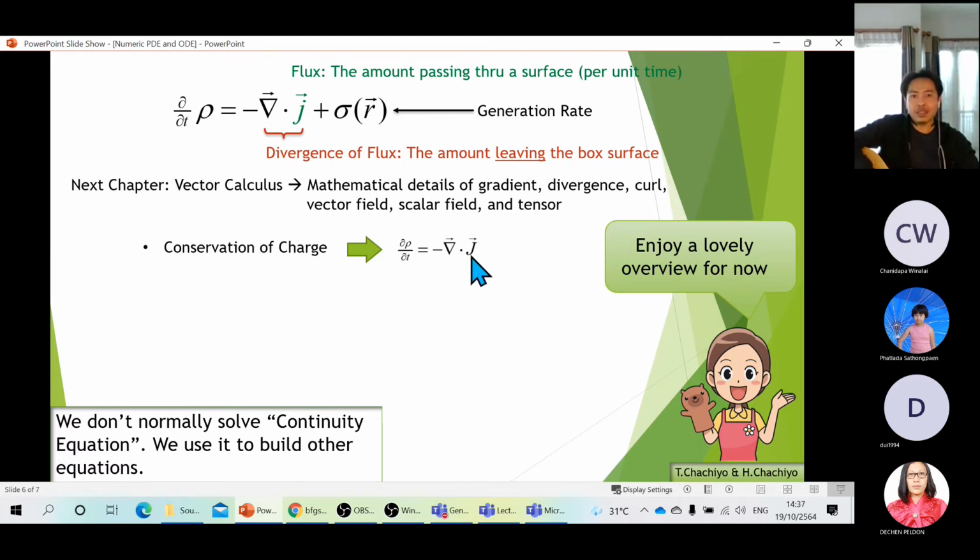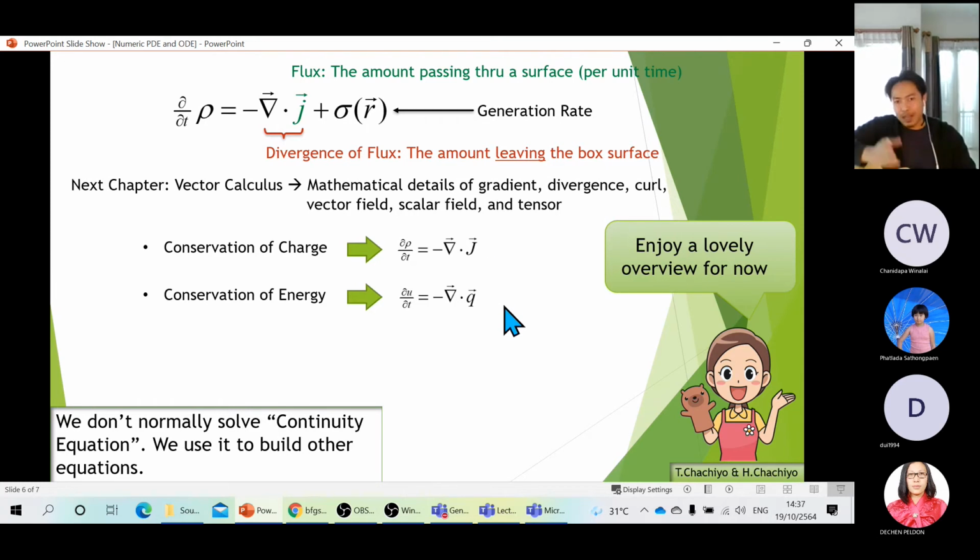Now J in this case is the current density of the charge as it flows inside the wire, for example. We can also have what we call conservation of energy. A very simple concept: the energy can only transfer and change forms, but cannot be produced. And that's how we do it in mathematics. We set sigma to 0 in this case, and we get that equation. Okay, what about fluid dynamics?